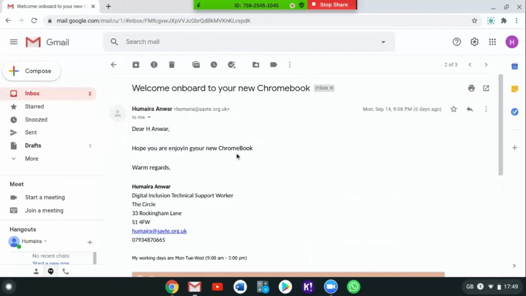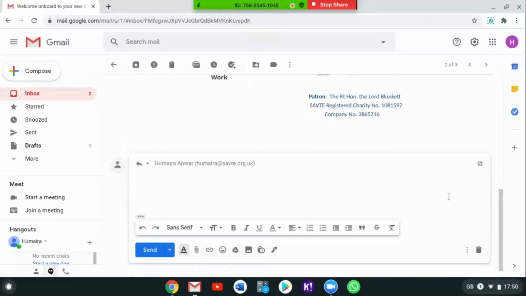What I could do here is go to this little arrow in the right corner and click on it. When I click it, it opens a new dialog box for me in the same email so that I could write my reply on it and send it to her again. You can always go to this little bin here to discard or delete any of the emails that you want to delete.